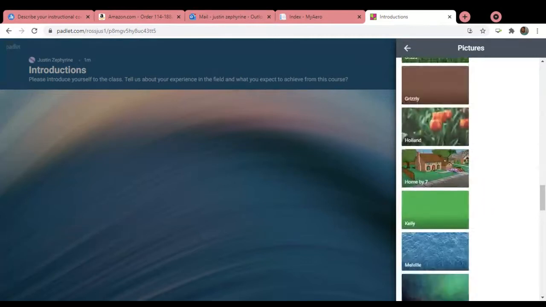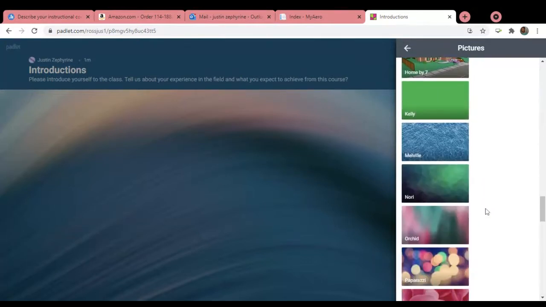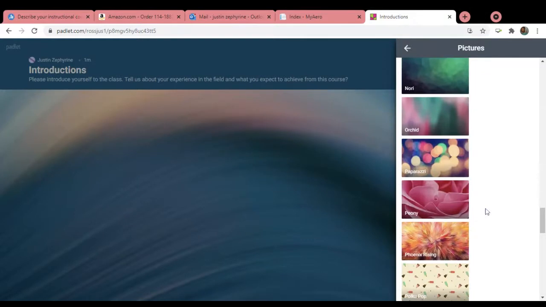And then you can also use your unique picture. You can upload a picture to make it a background, but I would recommend that whatever background you use, make sure it's not a very busy background, because it will make it difficult to read.